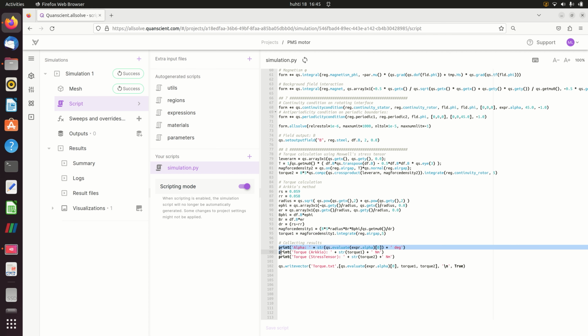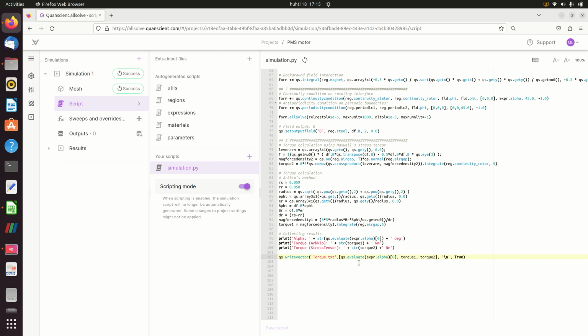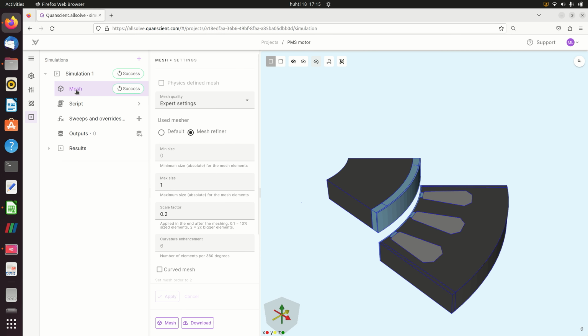Finally, we print the results to the log and collect them as a text file. Now we have gone through all the steps to fully set the problem. The 2 more steps we need are generating the mesh and running the